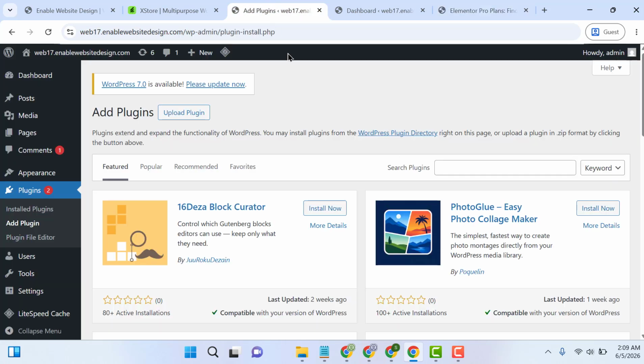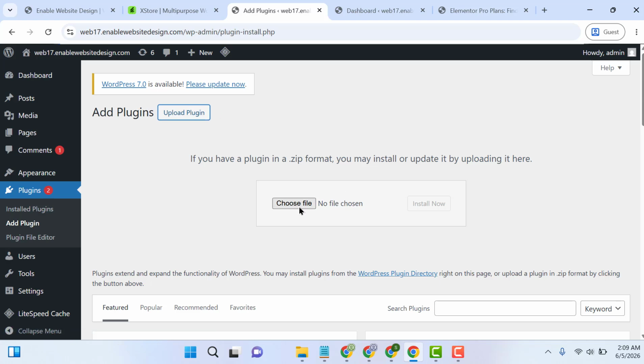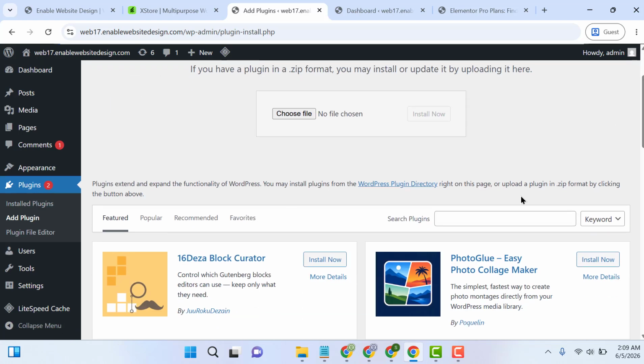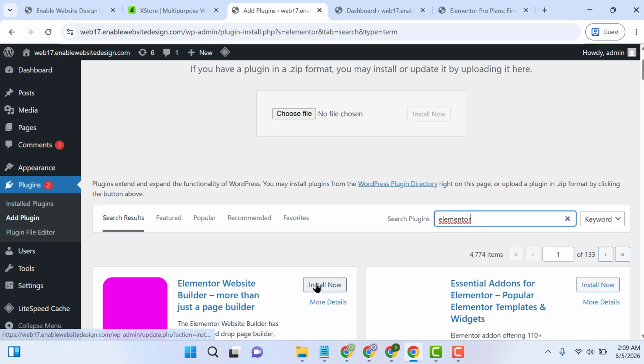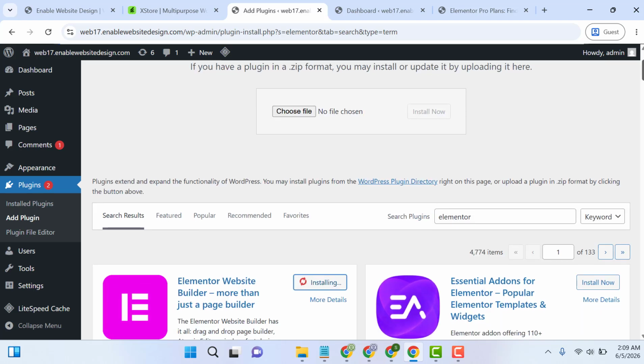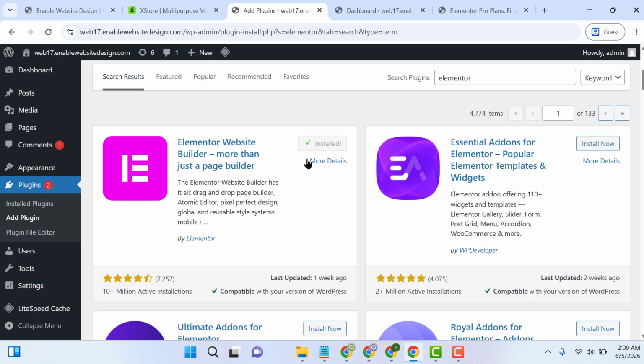You can build any type of website using Elementor. After that let me go here and try to install the plugin. Before that we need to install the Elementor free. Install it, and after that we need to activate the plugin. Now again let's go back to the plugin section,